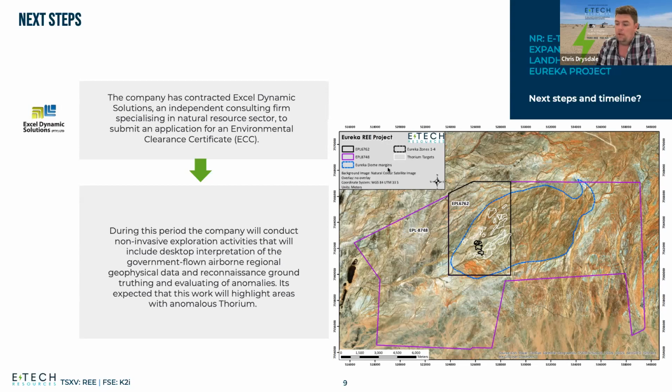And again, I think it shows commitment by the company, ourselves as eTech, that we want to build a sustainable business in Namibia, and work with local consultants who understand the environment and in essence are working in their backyard and move things forward. During this period, while we wait for the ECC application to be considered, we are going to be doing